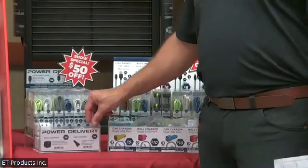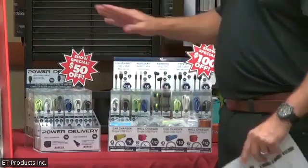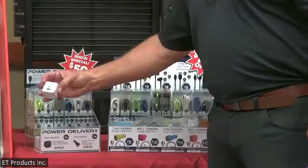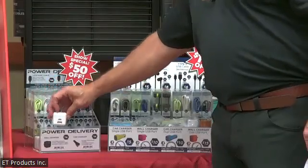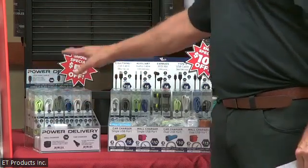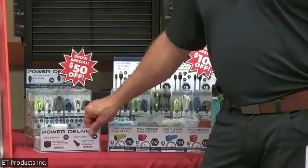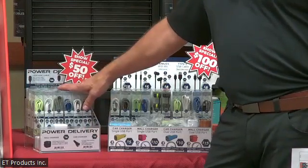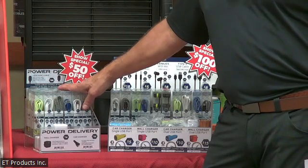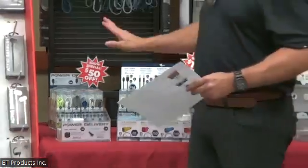Another thing that we've been selling a ton of is all the new power delivery Type-C to Type-C, Type-C to Lightning cables, and the wall and car chargers that have the Type-A and Type-C in. So again, the cables are just for the new iPhones and new Androids. They're 4 foot. So if you want the newest in technology and a very small counter display to sell, this is a great item of small footprint. It's got almost $900 of retail in probably 6x6 squares. So this would be an awesome thing for people getting new phones for the holidays, and we're doing $50 off